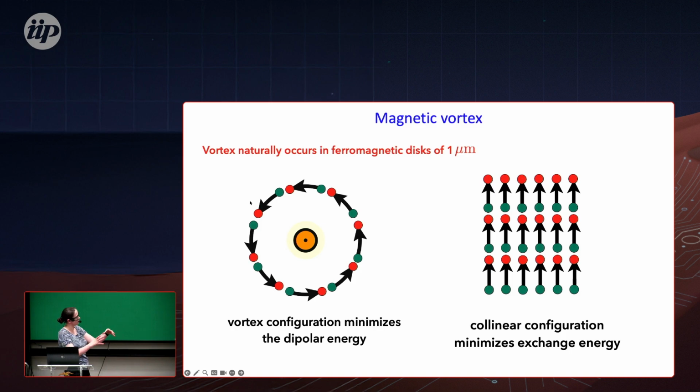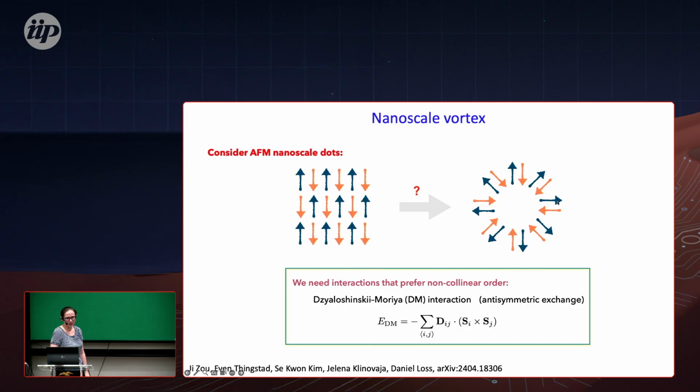And this is what we also try to use, for example, to consider the ground states of a small ferromagnetic disk, which in principle would like to order with everything aligned. But if you have a very small disk and we introduce the Dzyaloshinskii-Moriya interaction, which, similar to spin-orbit interaction, is antisymmetric and wants to make spins perpendicular, because it's a vector product. And then you have the initial antiferromagnetic order, which tries to make them up and down. But now if you confine it in a small system or disk, you can end up with your ground state looking like this, right?